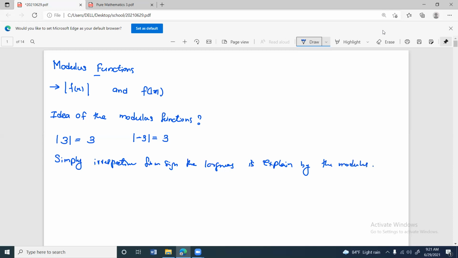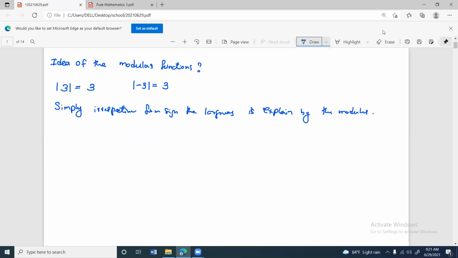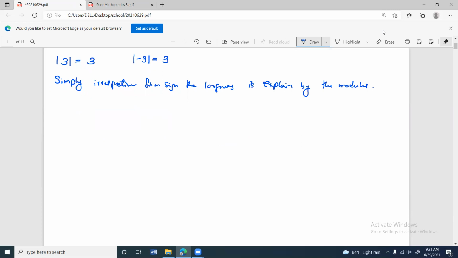Okay, now we'll come up with the definition of the modulus. How do you get this modulus and how do you define a modulus function? That's a fact we need to understand. So if you define modulus of f(x), pretty simply, you can write the same thing. If I want to find modulus of 3, we wrote 3. Instead of modulus 3, we can just write 3 if